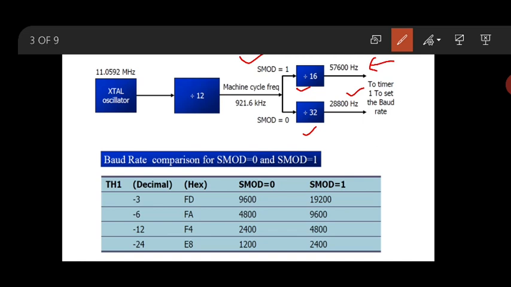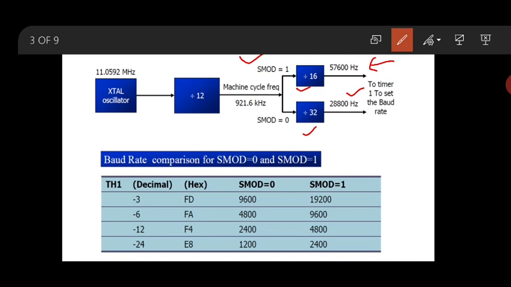Look at this table. The baud rate is mentioned for SMOD 0 and SMOD 1. These are the values in the first column: -3, -6, -12, -24. We covered these in a previous class. If it is -3, its 2's complement is FD.